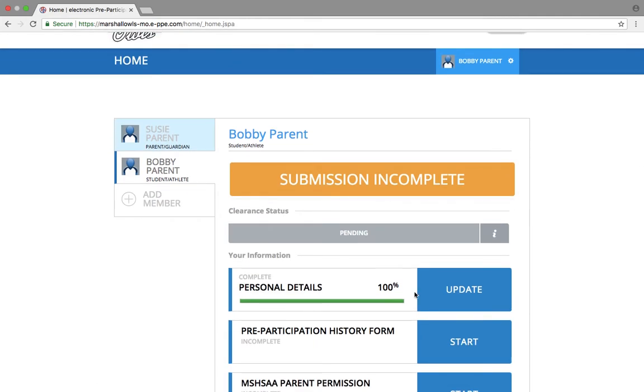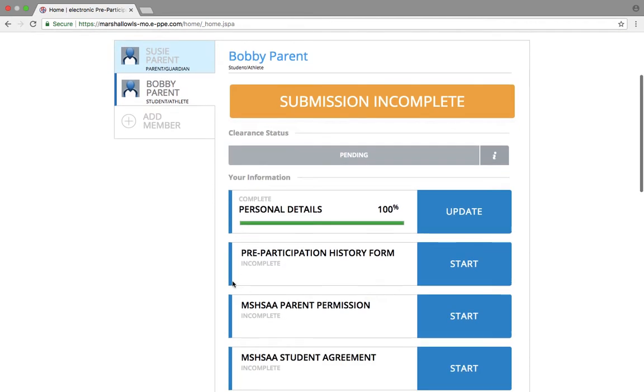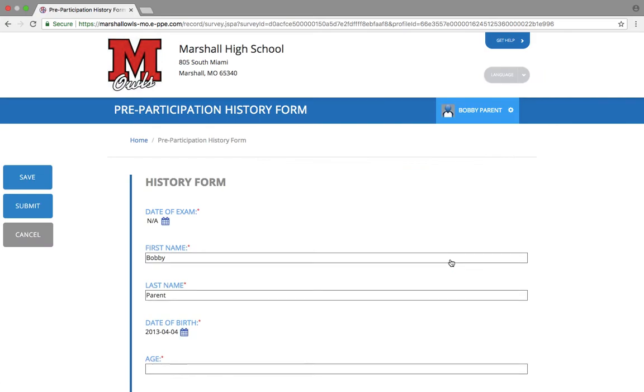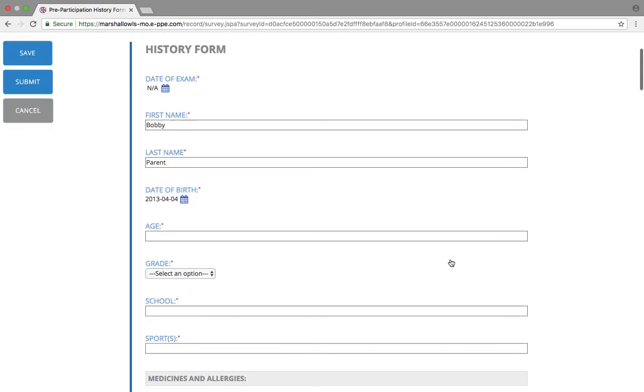Okay, I've rechecked all my information and now I've reached 100% complete. This section is done. Next, I need to do my pre-participation history form. I click Start, and I simply have to go through and answer all of the questions with a red asterisk. It's easy. I just go through and select the necessary information that I need for my child, and once you've completed everything with the red asterisk,